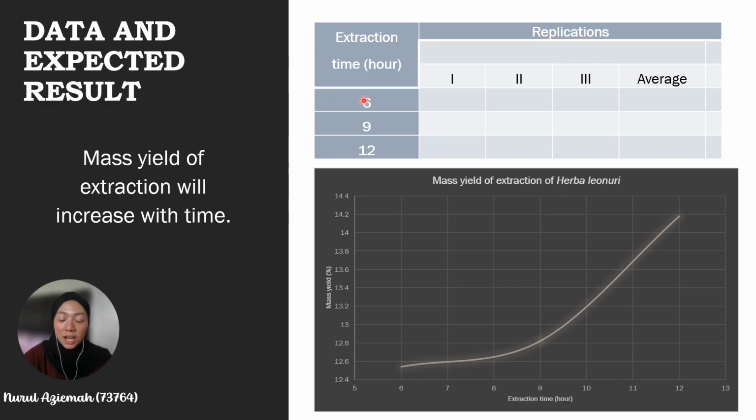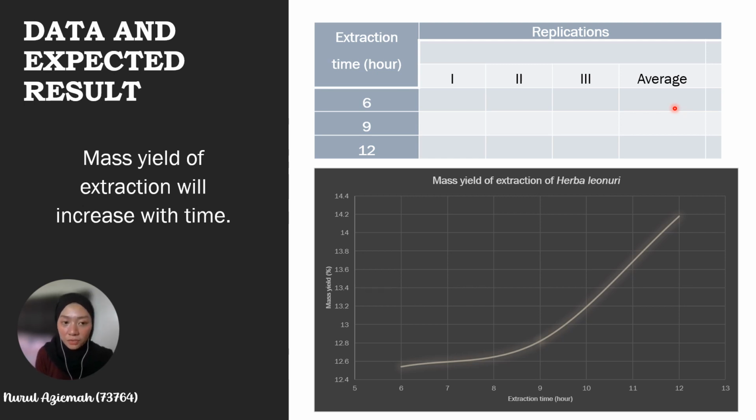This table shows how the data should be tabulated with different extraction times, which are 6, 9, and 12 hours. To maximize the accuracy, we will have 3 replications and take the average mass yield for each time. Conventional Soxhlet extraction has been the most used extraction technique worldwide for a number of decades and is used as